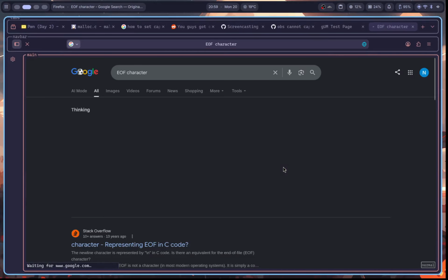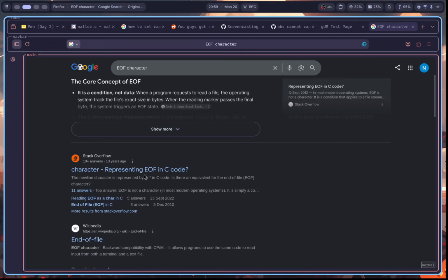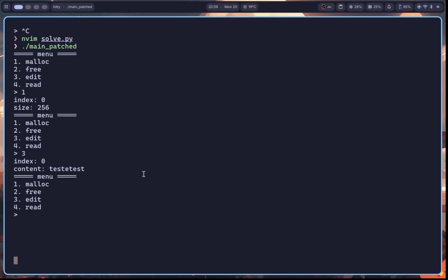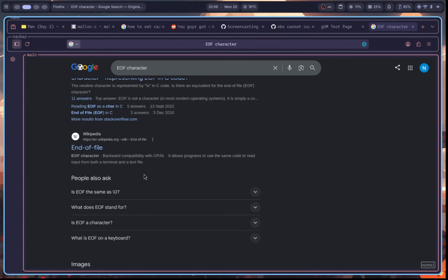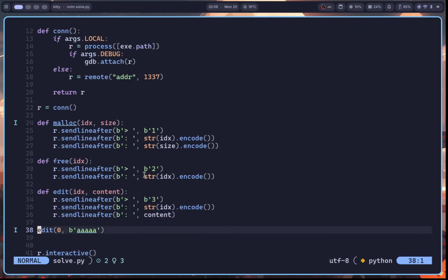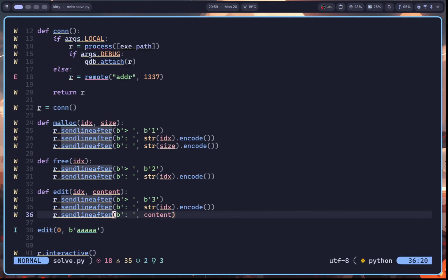And this is a special control character that indicates that the input has stopped sending. It's like the input has terminated, and the program should stop reading. But the thing is, when we're sending input from our program and we do sendline, actually